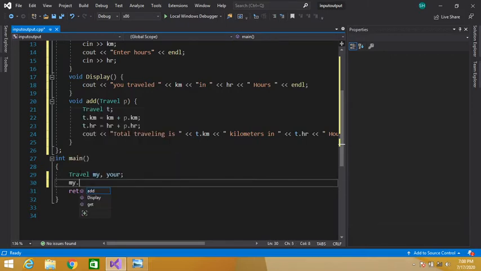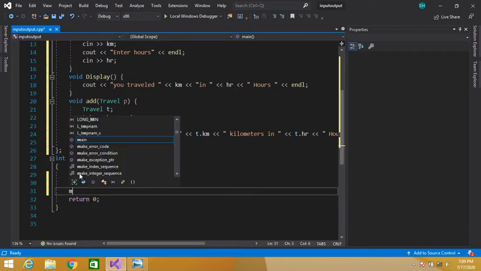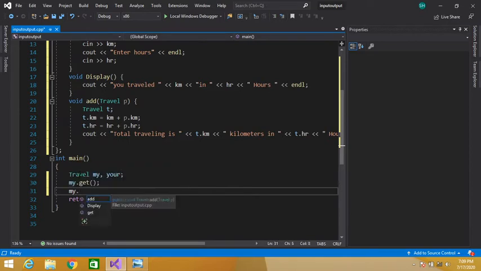Don't worry, I will explain each and every line of this code manually. We will execute this program manually. my.get and my.display, our display function.